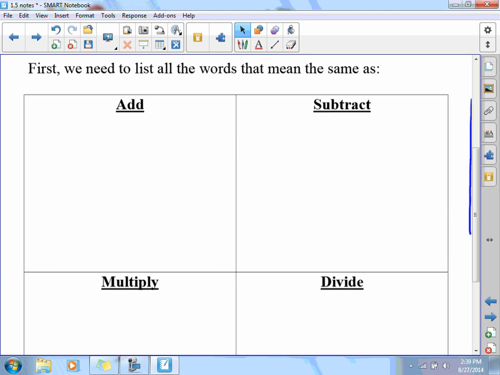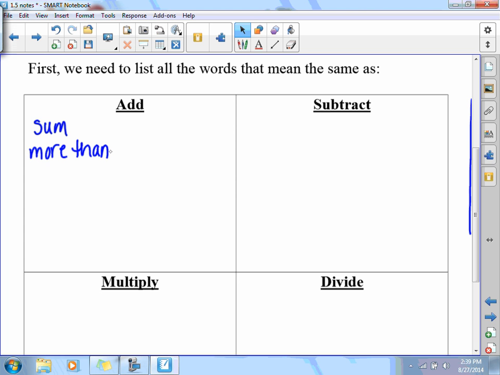In the English language, anytime we see a word that stands for addition, we have to be aware of it so we can make it addition in our equation. Some common words for addition are sum. If you're summing things together, you're adding them. More than,